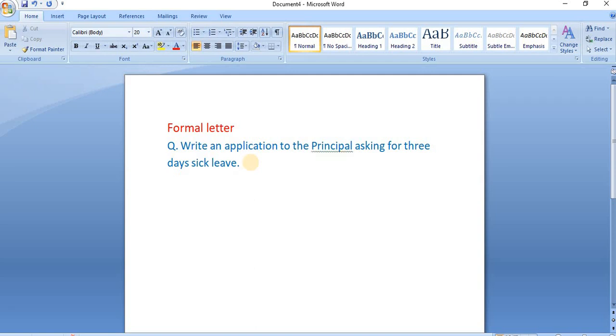For this, children, you have to write. I will begin with the sender's address, that is C 331, comma, Santkunj apartment, then you can write the name of the city.